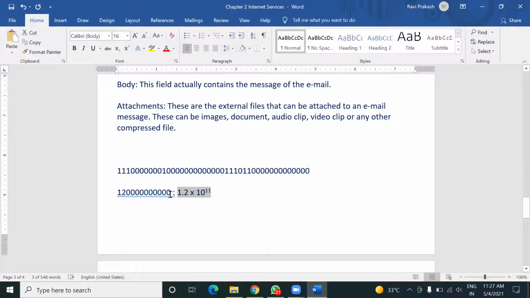But in the original number, how many digits are there? 12 digits. So this technique can be used for reducing the size, no? Several algorithms of this type are followed by those software programs for compressing files.